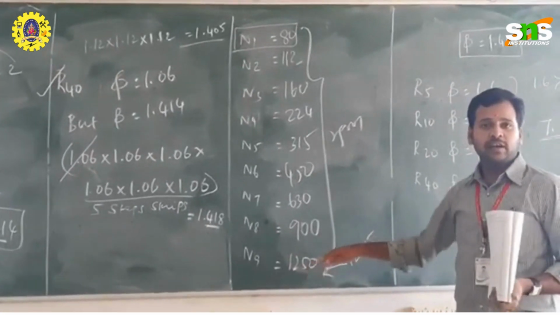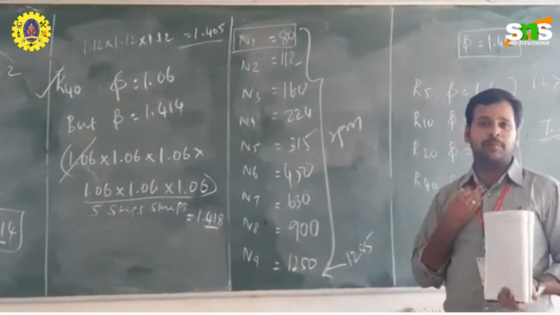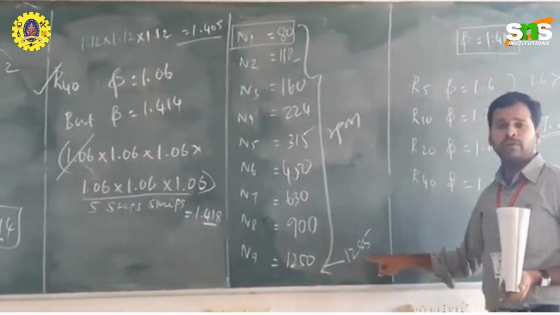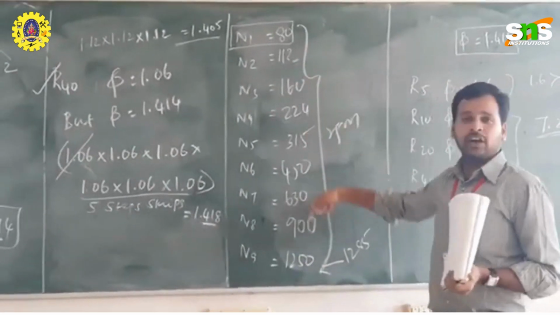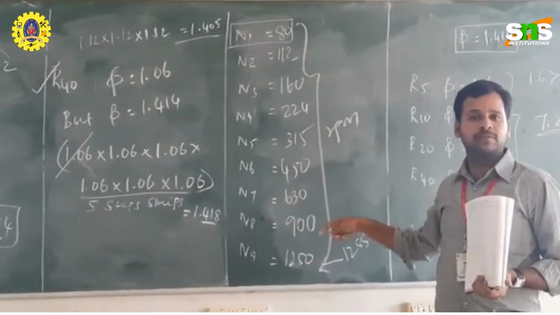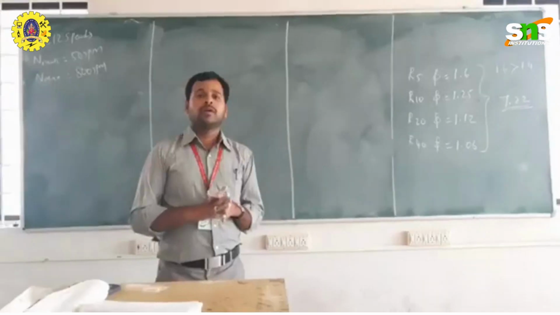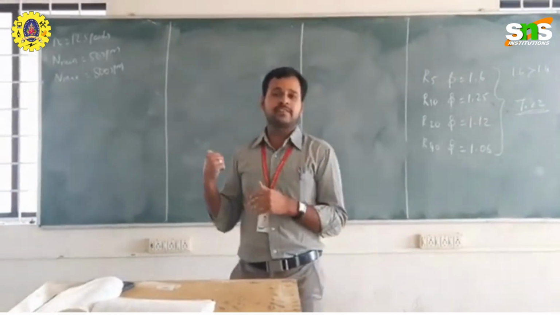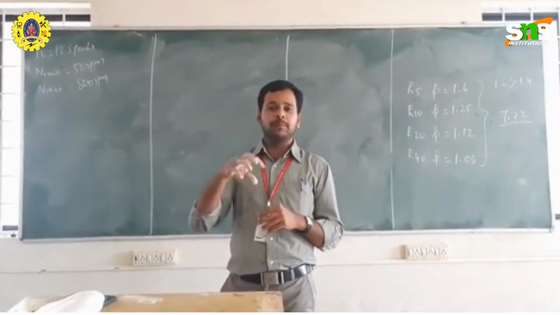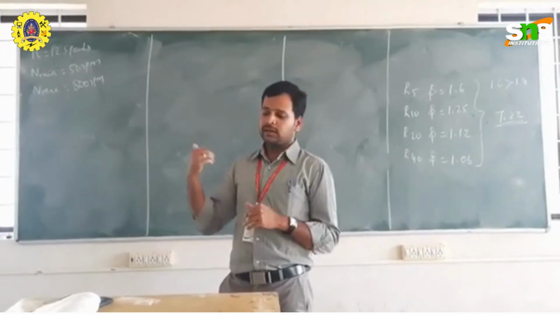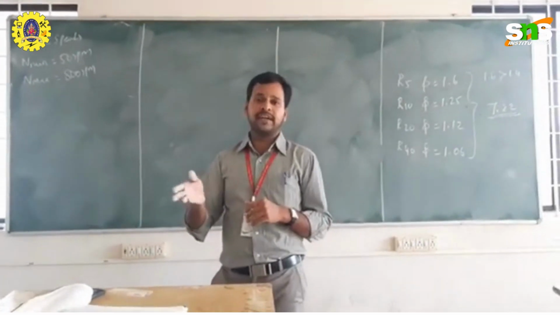Now you can check it. Within the speed means it is acceptable. More than 1285 means it is not accepted. Once again we cross verify with our in-between speeds. Do you understand? Dear students, so far we have discussed two kinds of methods, how we can choose the in-between speeds of a gearbox in the respective speeds in our standard data books.